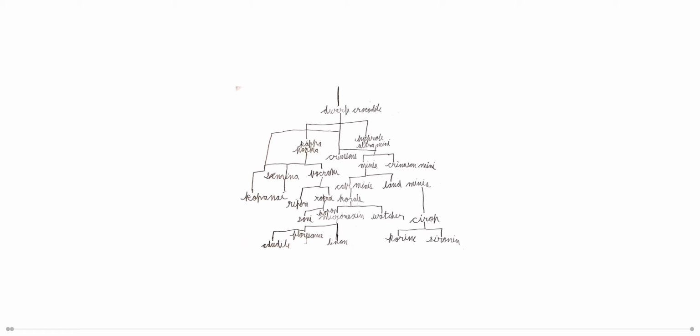And then the minis turned into cave minis and land minis. The cave minis were much bigger than the land minis, and they diverged into a group of creatures called the corals. The corals turned into the micronects and the washer micronects, and evolved straight into the lions, and they also created fluorescence, which evolved to ardudiles eventually, then back to land minis, which after a big extinction thing, which